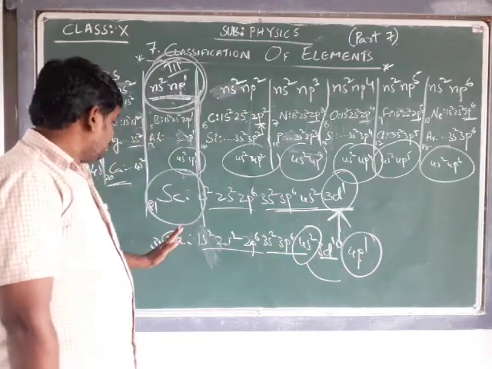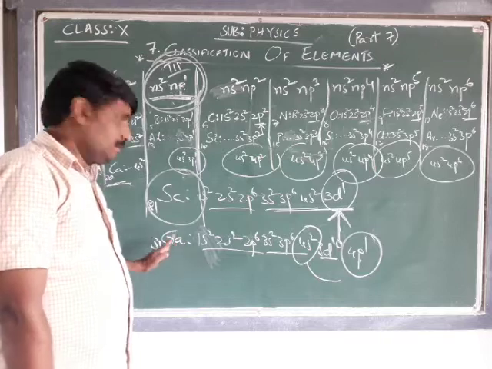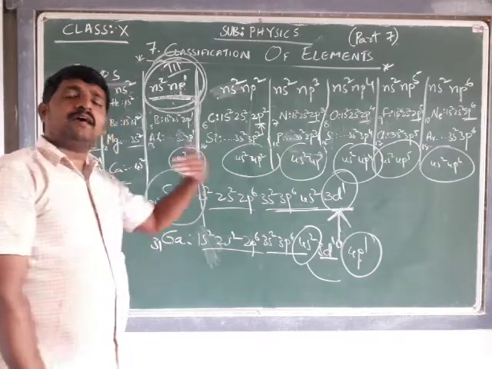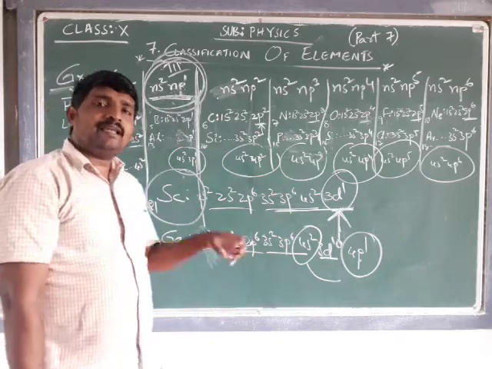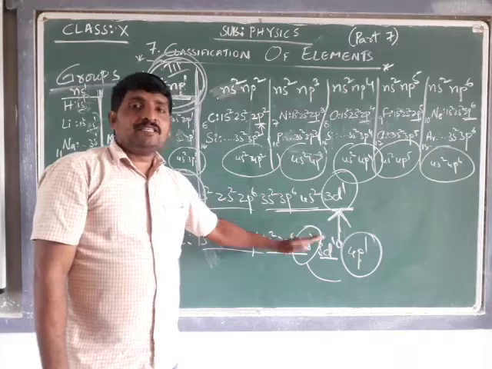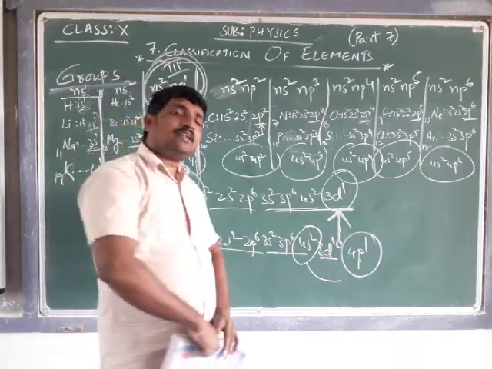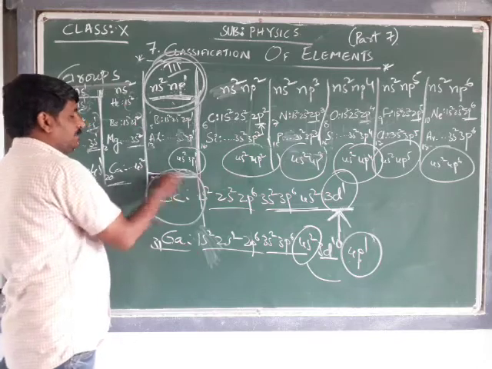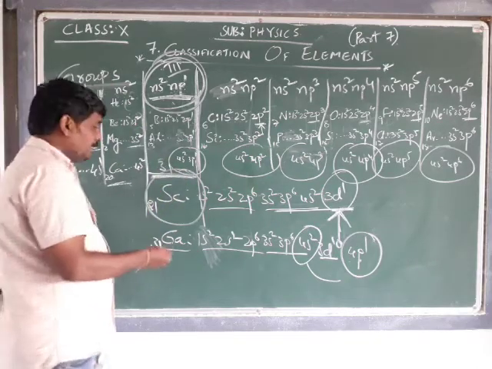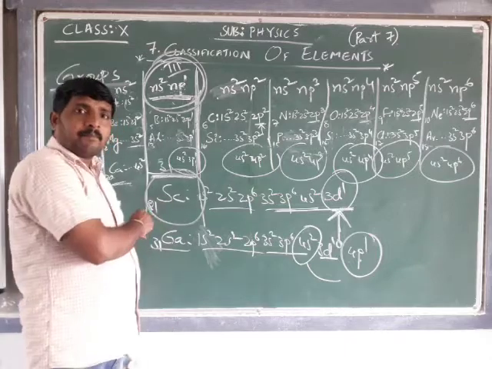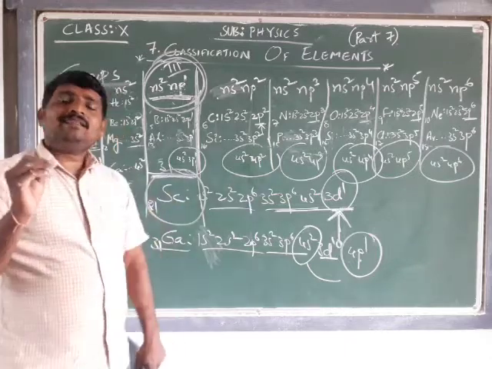But the 31st element I can't keep after 20, because the elements should be arranged in ascending order of atomic numbers, and the arrangement is based on the electron configuration. As per the electron configuration, gallium should come first here. Gallium should be occupying this 31st place, but actually according to the atomic number, scandium should come. So to get to a conclusion for that,